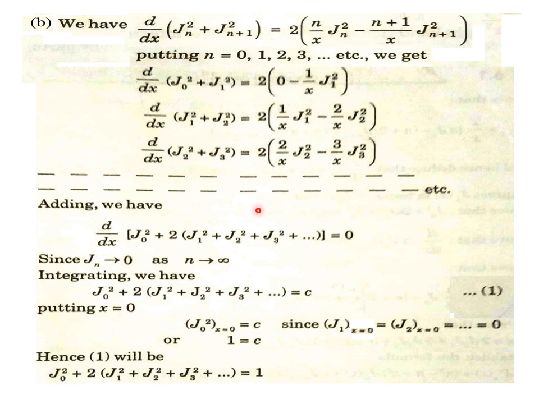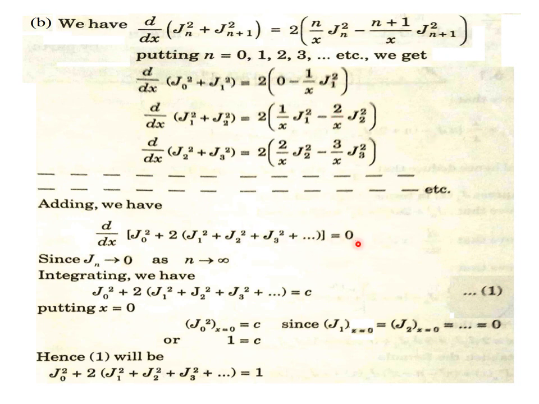How? If we add all these equations together up to infinite, the left hand side is nothing but d by dx as an operator taken common, then j0 square plus j1 square two times added, j2 square two times added, etc. So j0 square plus twice of j1 square plus j2 square plus j3 square plus up to infinite. And on the right hand side you can see 2 into 0 is 0, then minus 2 by x j1 square plus 2 by x j1 square cancelled, minus 4 by x j2 square plus 4 by x j2 square cancel. So in cross we are having all cancellations, so it will become 0.